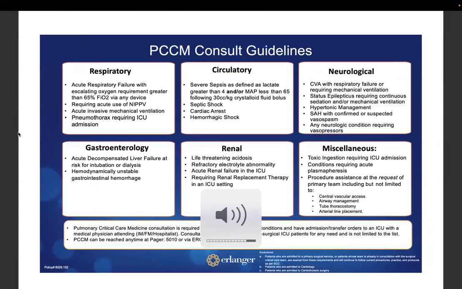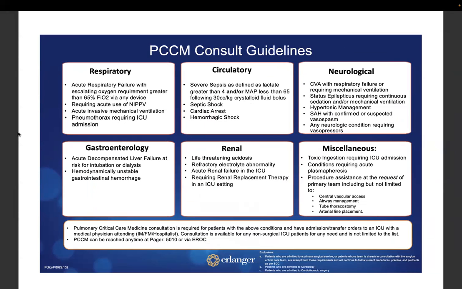Yes. All right, cool. So real briefly, this passed the medical executive committee. It's now a live requirement, so you'll see these posters going up. We now are required to be consulted on any patient who is going to an ICU or has an ICU level of care assigned to them, including in the emergency room, provided that they are admitted to one of your teams, as well as family medicine and hospitalist, and they meet one of these criteria. And it's pretty obvious stuff.